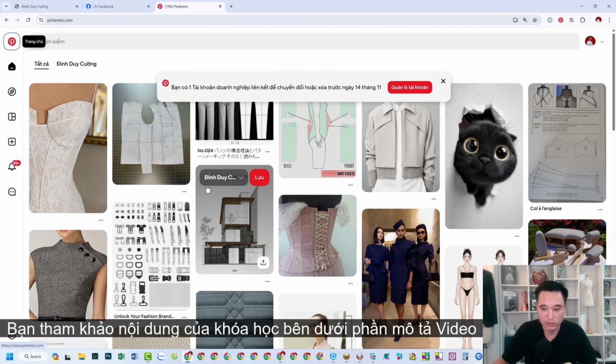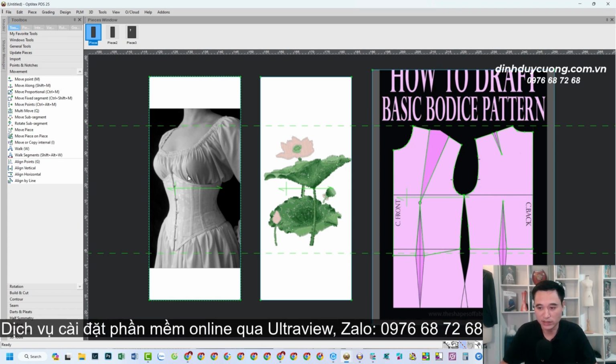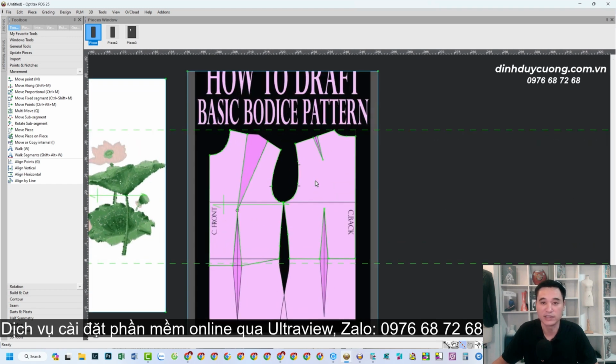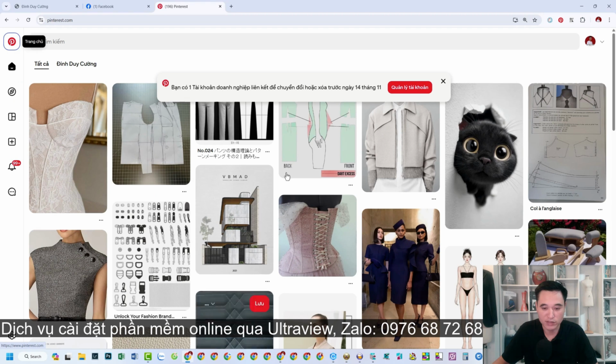So in my opinion, when it comes to inserting an image here, there are two very important and distinct primary purposes to consider. First, you insert the image so you can see it clearly and carefully design your work based on that specific visual reference, which means you are creating a pattern by following that image. The second purpose is that you can copy patterns from others when they take photos, and you can then faithfully replicate those intricate designs in the software by tracing with your hand, for example, just like this.